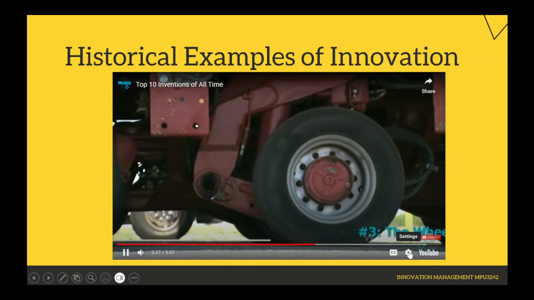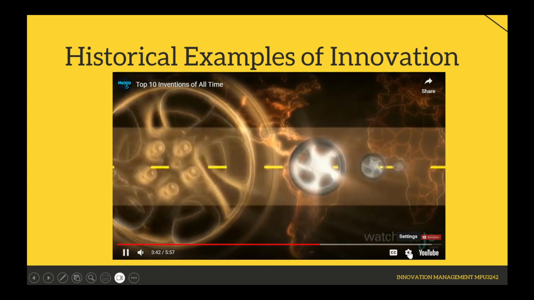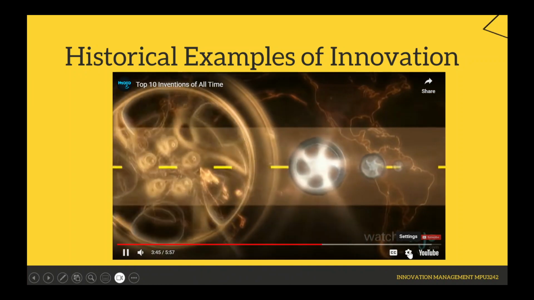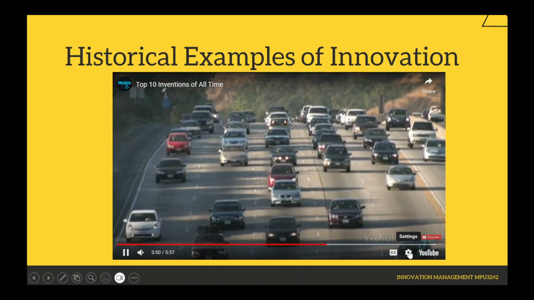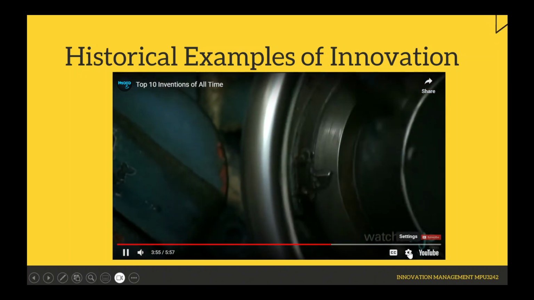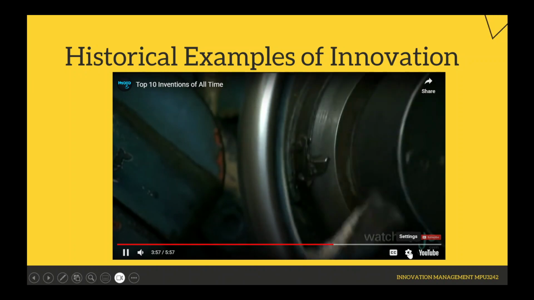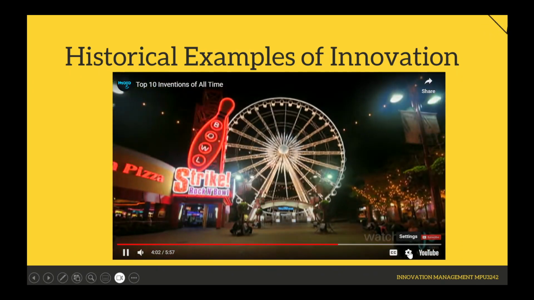Number 3. The wheel. Though it's still unclear which civilization was first to invent this simple machine in the 4th century BC, it's obvious that it's been one of the world's most vital innovations. The transportation, commerce, and travel industries wouldn't be the same without it, and today the wheel can be found in every aspect of our daily lives, from water wheels, gears, motors, and engines, to more fun applications.